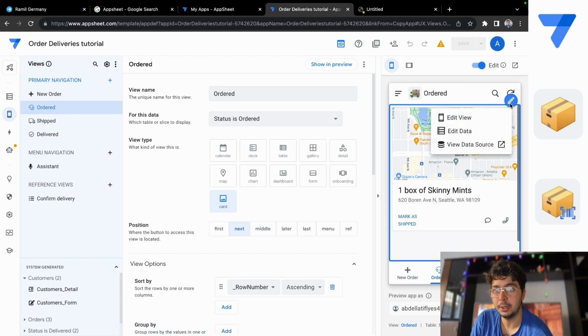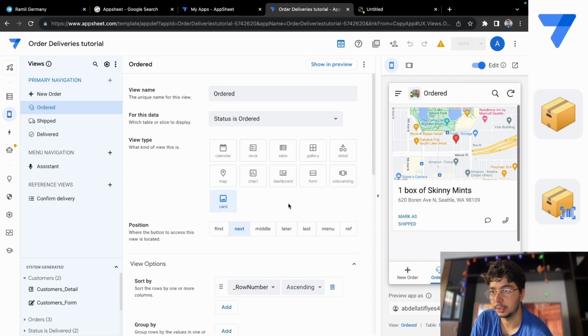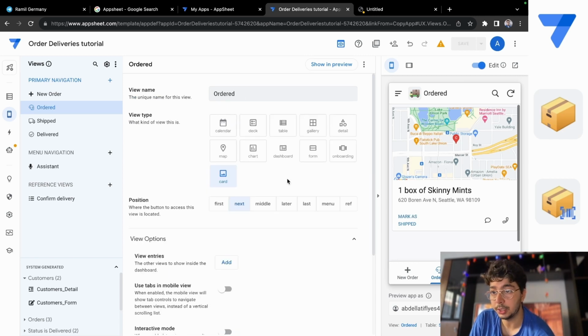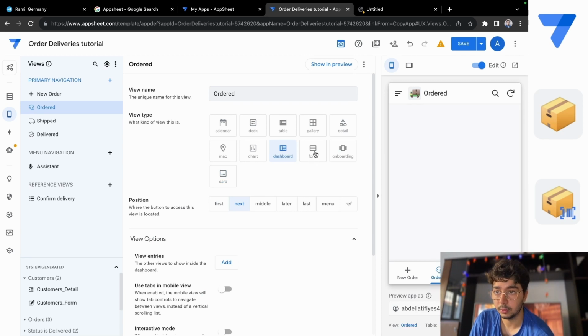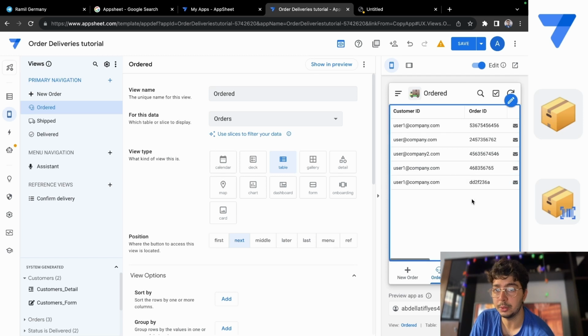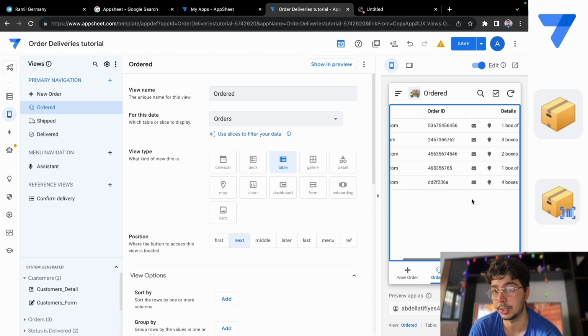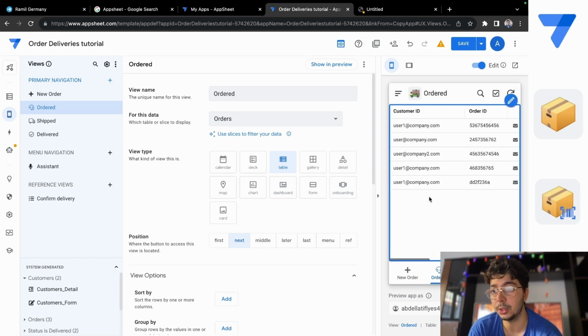So if we click here, we can modify, edit view. So this is where we can edit this view, and we can change. For example, let's put a dashboard, or like a table. Let's put it in the form of a table, and you see it changed to a table. So if you have a lot of deliveries, you can maybe use it as a table. That's better. So that's one of the changes we can do,